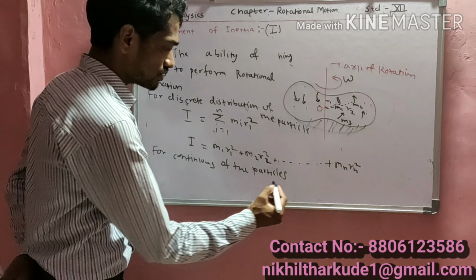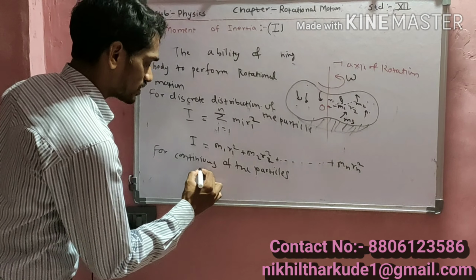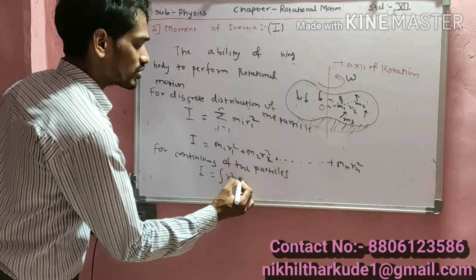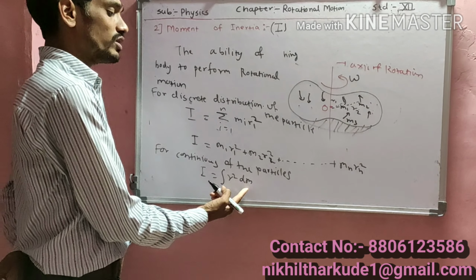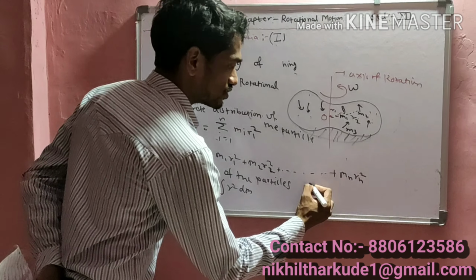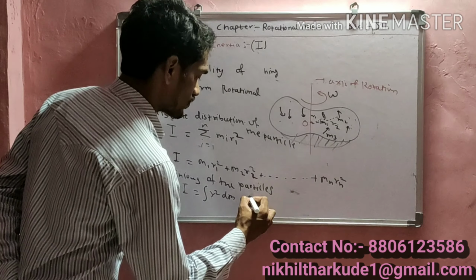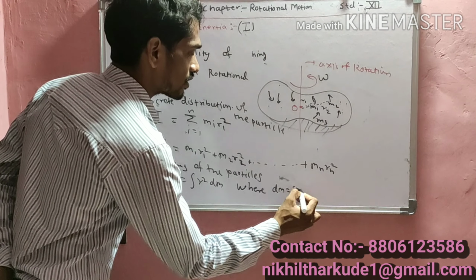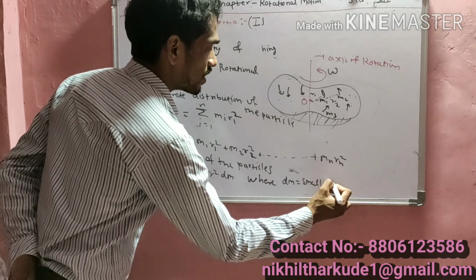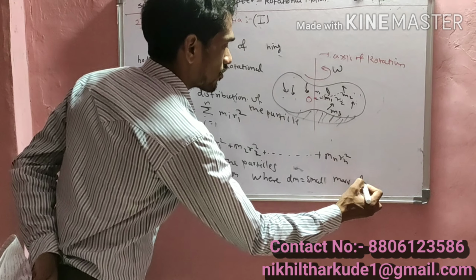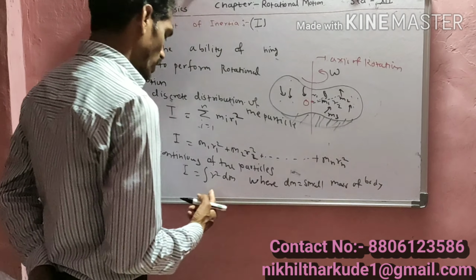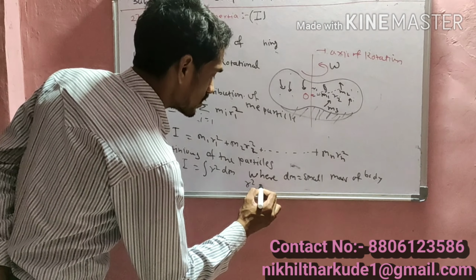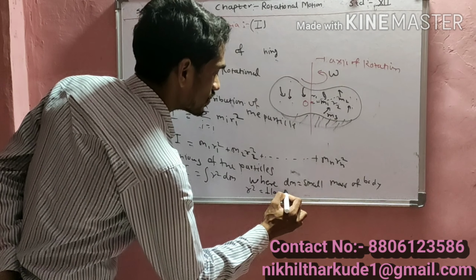For continuous distribution, we describe I equals integral of r square dm. Where dm means small mass of the body, and r is the perpendicular distance